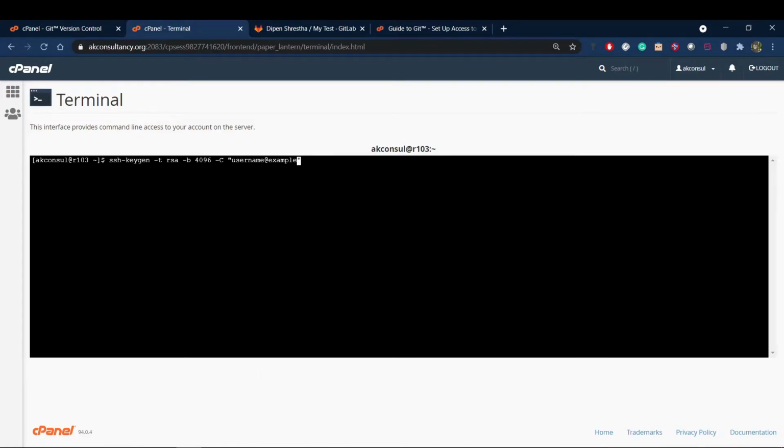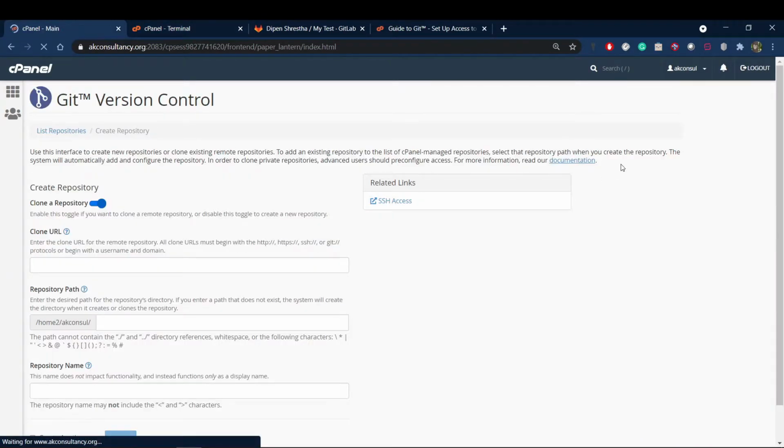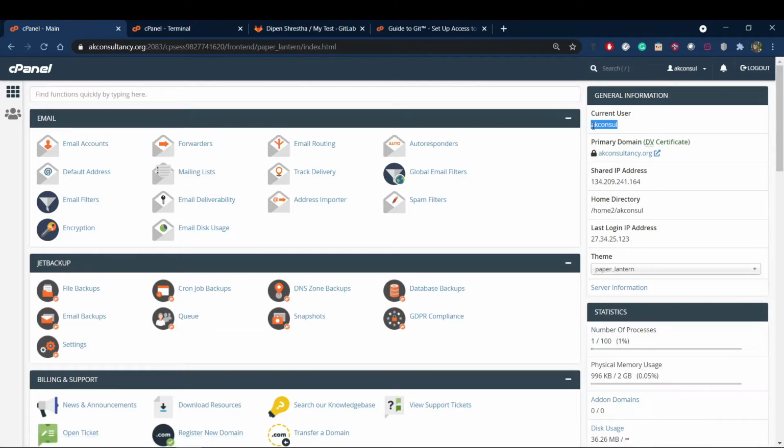In this example, you need to give the domain name, as in my case. And for the username, you can simply find your username here as the current user.